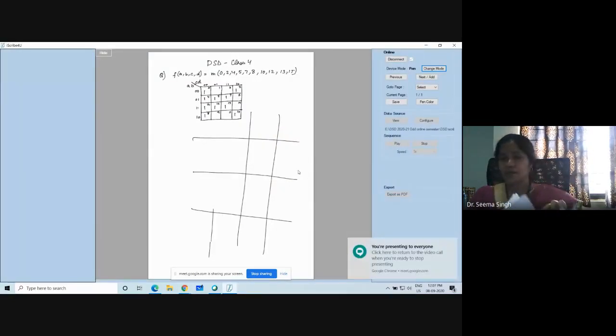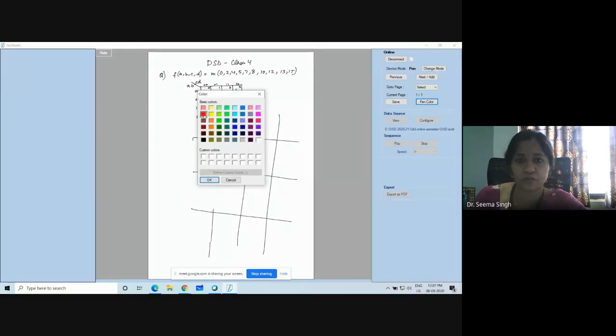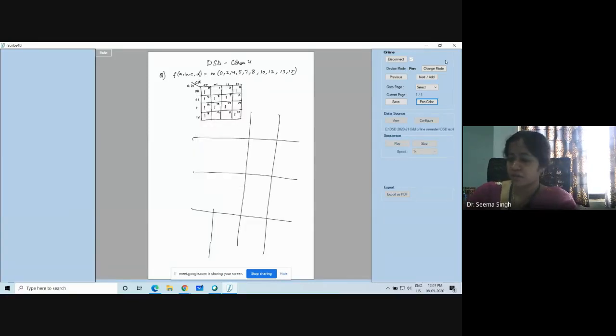So a very nice example is given by Ananya. So let us do it. Now what you can see here is, I will show you the grouping now. Okay, so let us see.